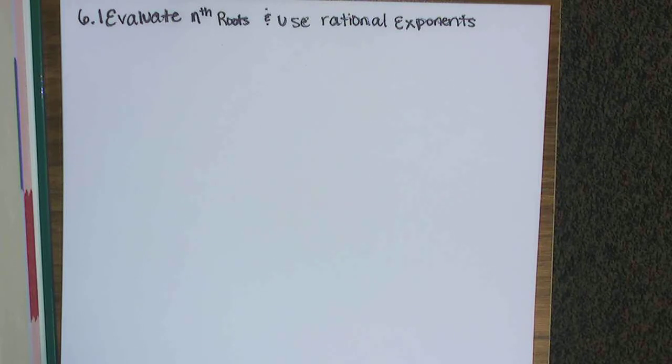So that being said, we're starting in 6.1, which is evaluating nth roots and using rational exponents. We are going to look at a couple definitions first. This will look a little different than our normal classes because I'm trying to speed this up and get this into 20 minutes or so, and then you all will be able to look at problems, and if you have questions, you're able to message me and ask about them. So, starting out with some basic definitions here,